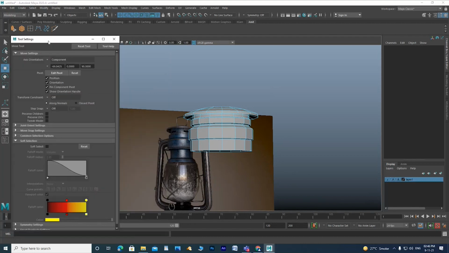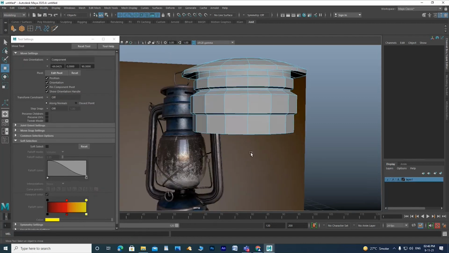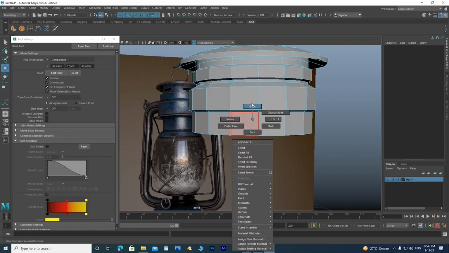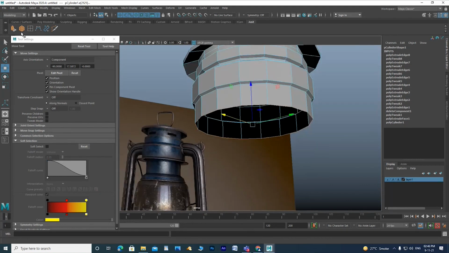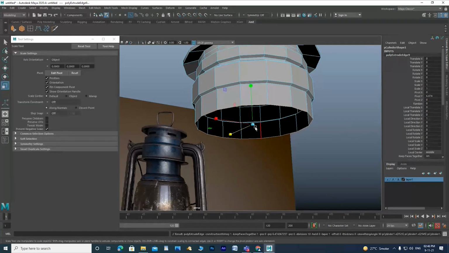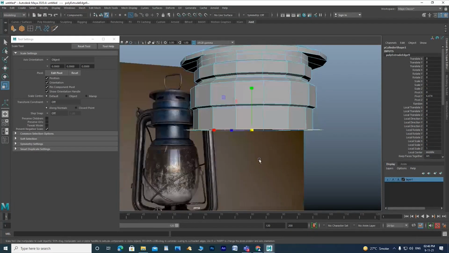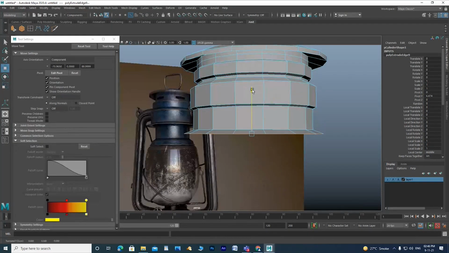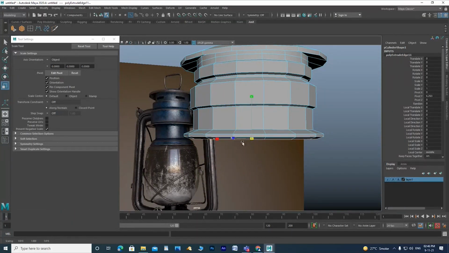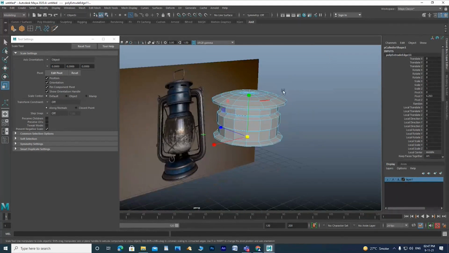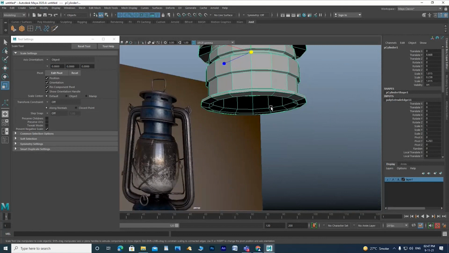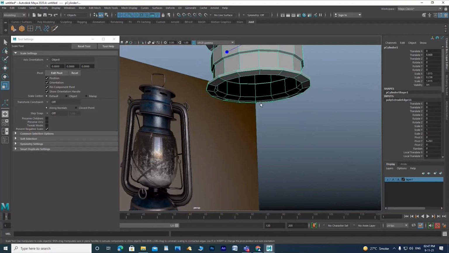You can keep it on if you want to constantly work with it. Then go for edge. Very few tools, and we are creating like this. Then go back to object mode. It is done.